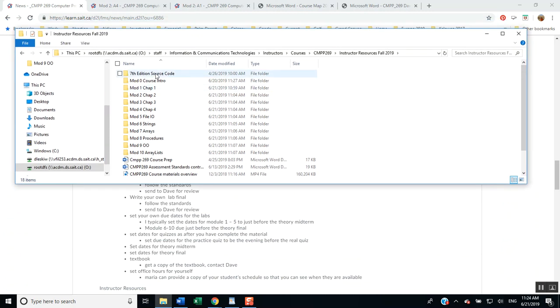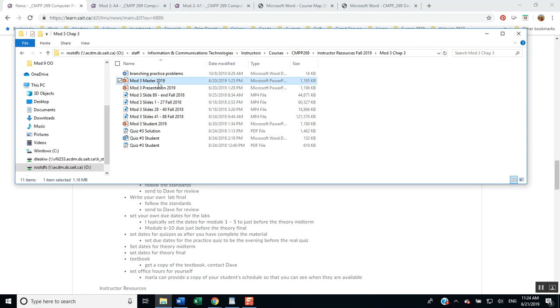The instructional resources include the source code. And then for each module, I'll give you a set of master slides, which you should print and have available, a set of slides which you use to present the material with a bunch of blanks that you fill in. And then we also have the student slides, which are already uploaded on D2L. My videos, which I used to teach the class last fall, I've also dumped them in here for you, so that if you're wondering, I don't really understand this, or I'm not sure how to teach that, go take a look and you can see how I taught it in the past.